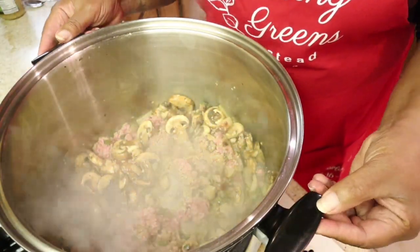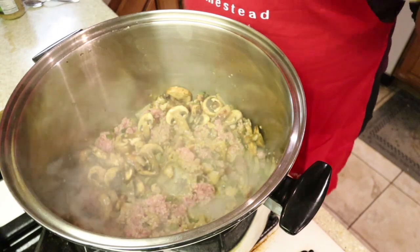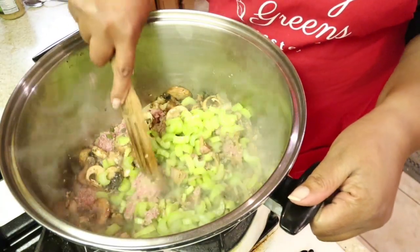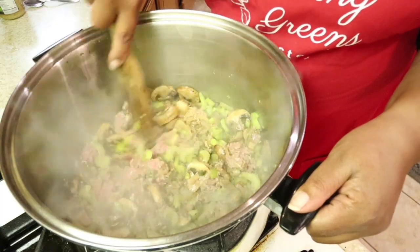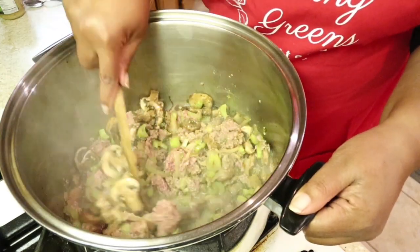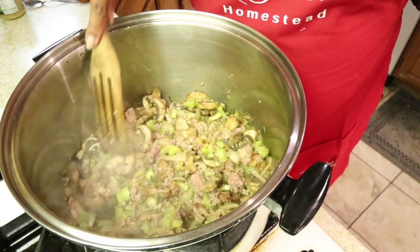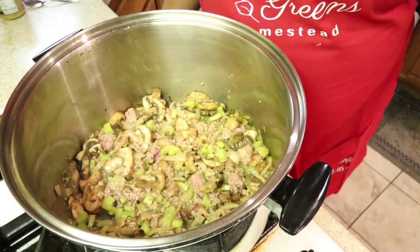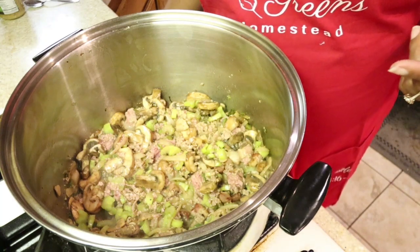Okay, so while my ground beef is starting to cook, I am going to add in the celery to this. The reason why I'm adding things in this way is because certain things need to cook a little longer than other things, and I want a certain effect from some things like the onion. I want the onion to be really cooked down and caramelized in this,